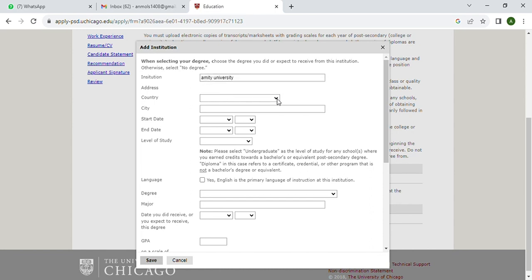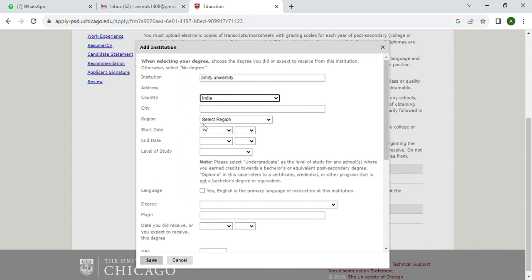Then institution, country of the institution, city of the institution, region, month and the year when you have started this program, month and the year when you have completed this, the level of study,